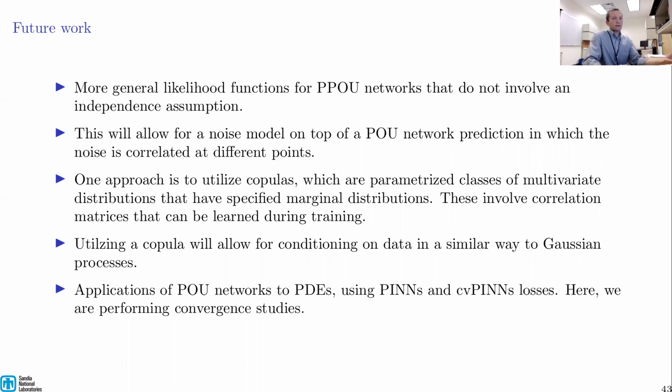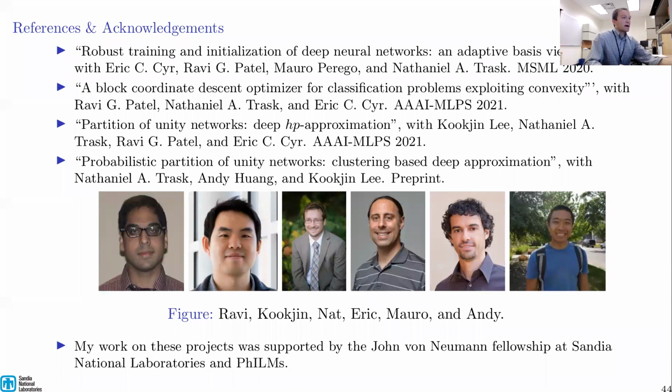The independent joint distribution is the simplest answer, but there are many others, and copulas are a way to parameterize a large class of such joint distributions without forcing an independence assumption. And I also want to mention there are people working with NAT who are applying these POU nets to PDE, PINNs-type problems, and doing some convergence studies there, kind of like the convergence studies I showed you for simple regression problems. So with that, these are the 4 papers where I've drawn this work from, and these are my